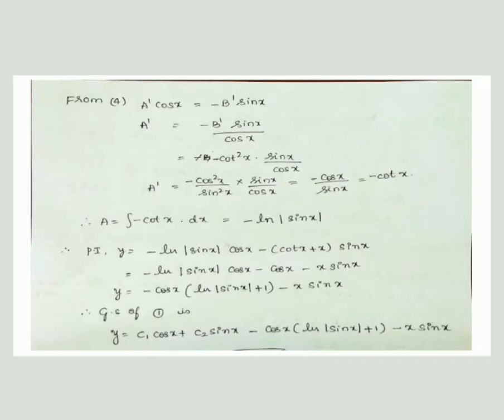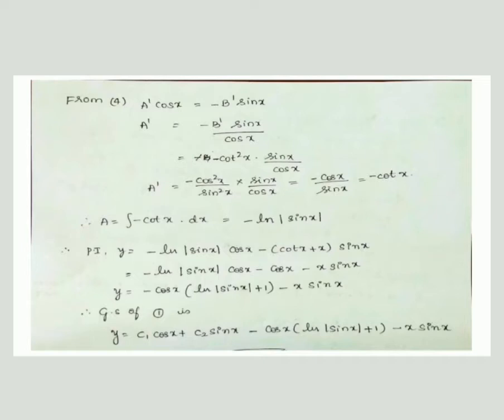So the remaining terms are minus cos x by sin x, that is minus cot x. Therefore a is equal to the integration of minus cot x dx, that is minus ln of sin x. Okay, so now we know the values of the a and b parameters. Therefore the particular integral can be written as y is equal to